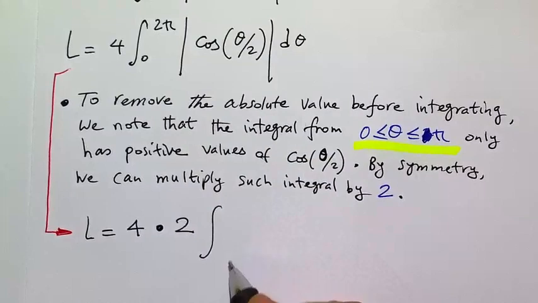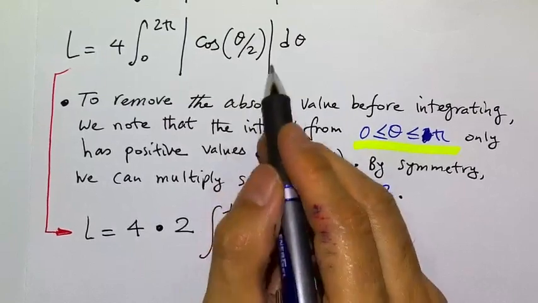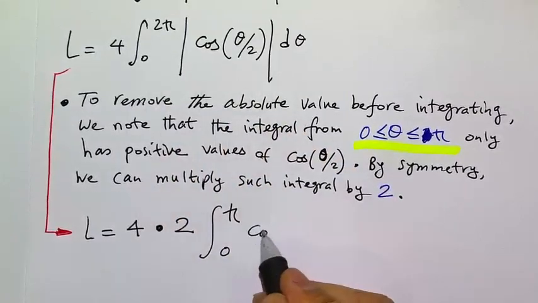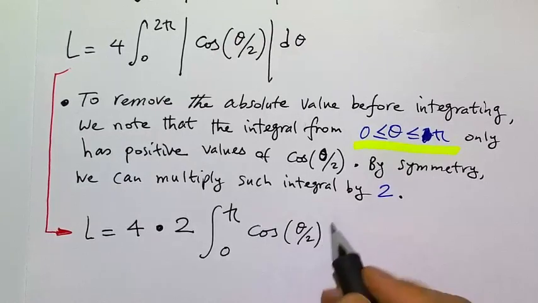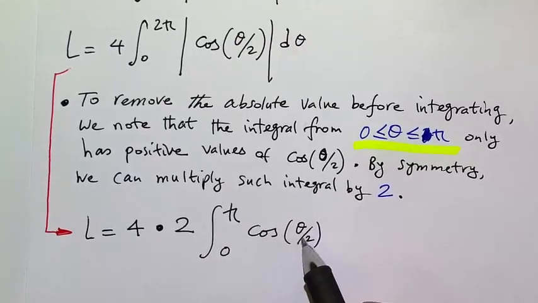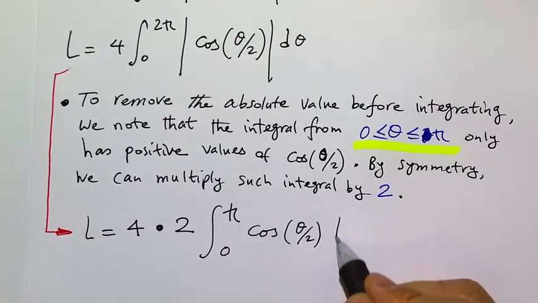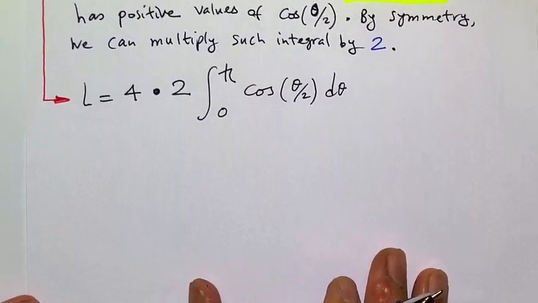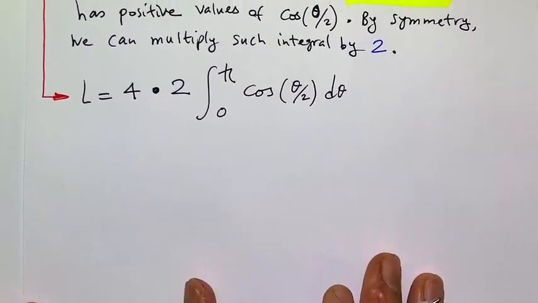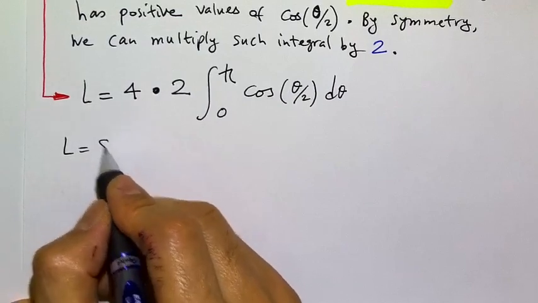Instead of 0 to 2 pi, we'll go from 0 to pi, but we have this 2 in front, and then we don't have to worry about the absolute value because we have cosine of, we're only considering the positive values of this function, and then d theta. Okay, so what do we end up with? We end up with L equals 8,